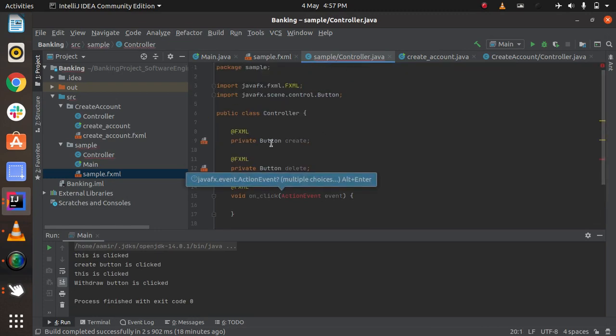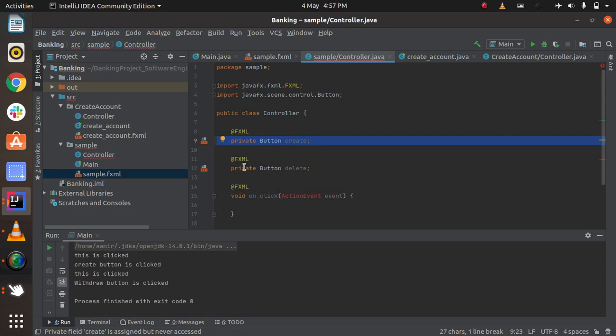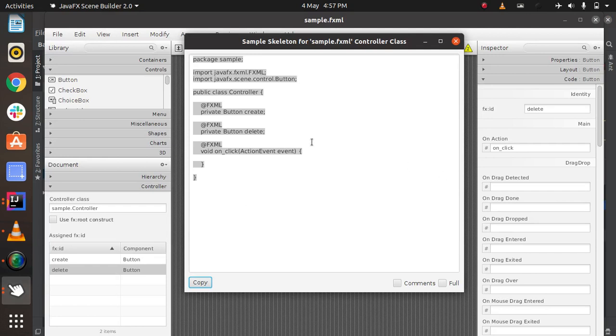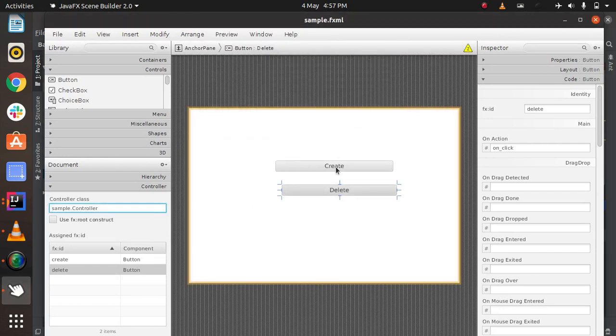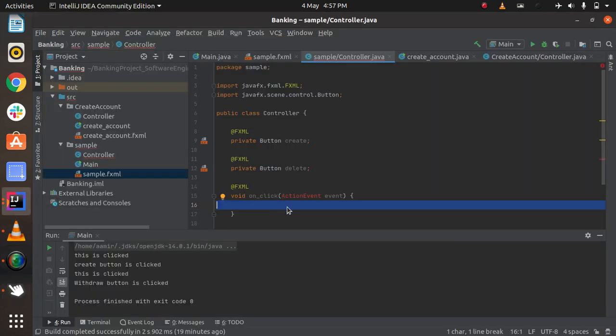Now here you can see the create button and the delete button are created, and onClick is the function, as I said, here is create, this is the button name, and delete is the button name, and here is the onAction onClick. So when we click the button, this function will be called automatically.